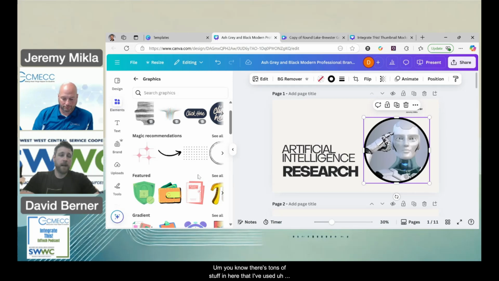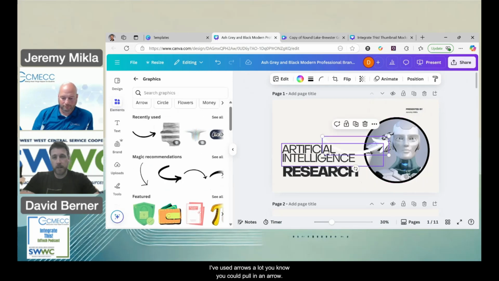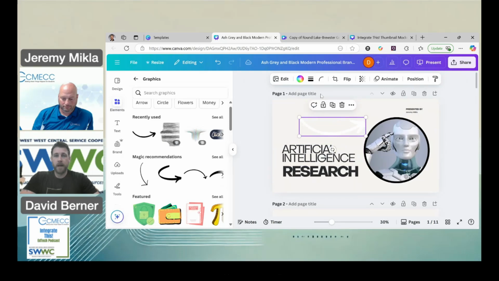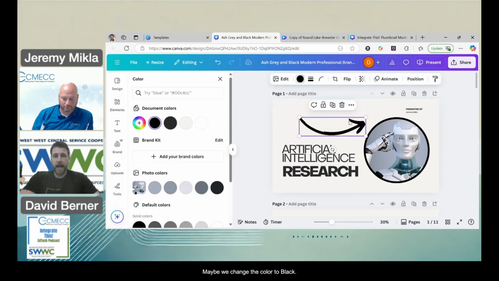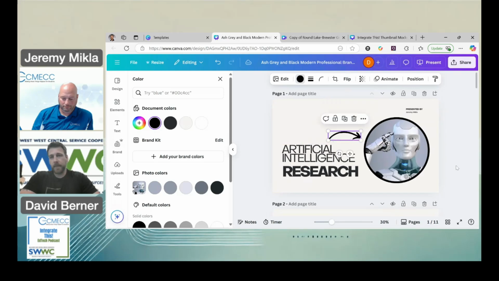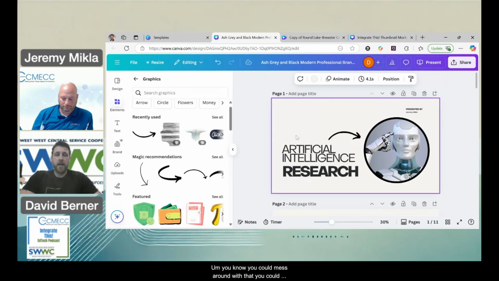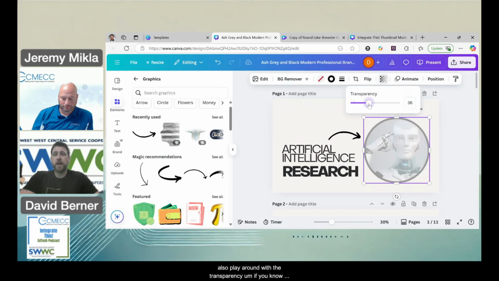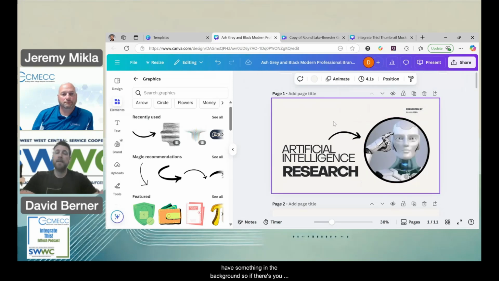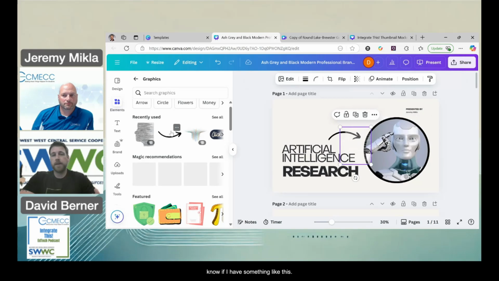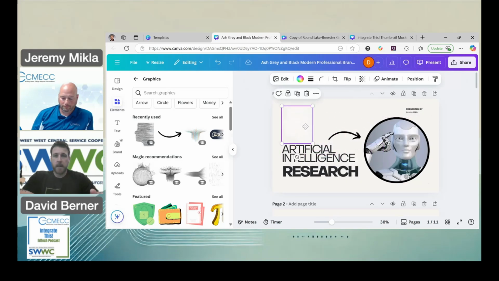Going into some of the graphic things as well, there's tons of stuff in here that I've used. I've used arrows a lot. You could pull in an arrow, maybe we change the color to black, and we're going to flip this so that it's pointing to that, maybe something like this. You could mess around with that. You could also play around with the transparency. I tend to use transparency a lot when I have something in the background. So if I have something like this, I may just flip it and then resize it